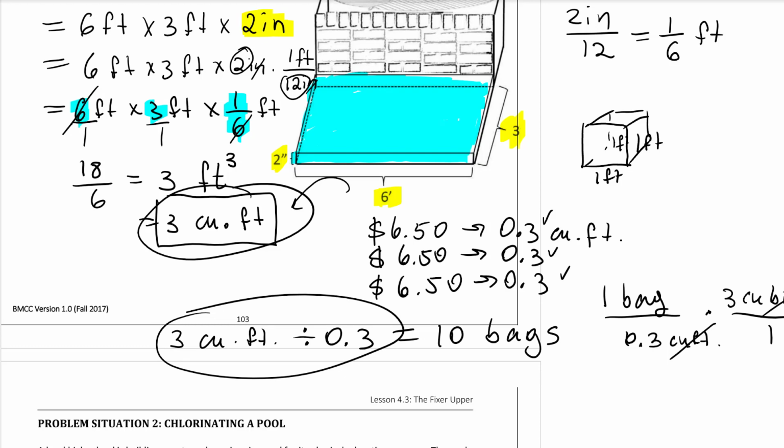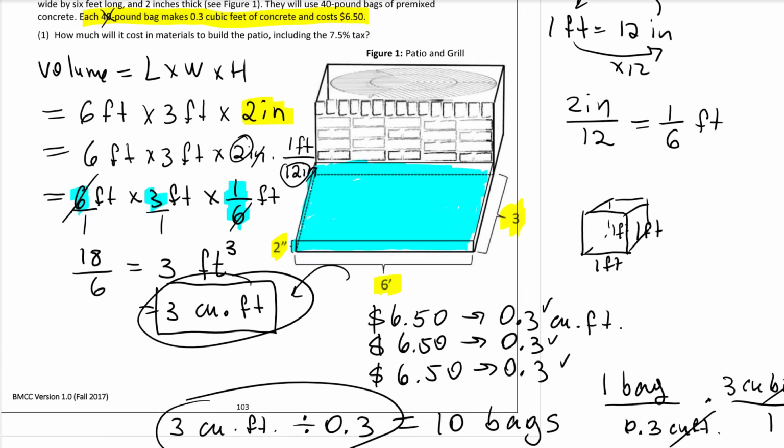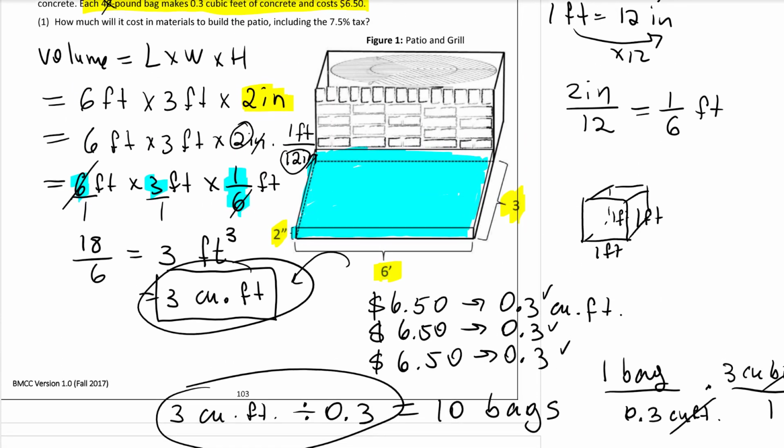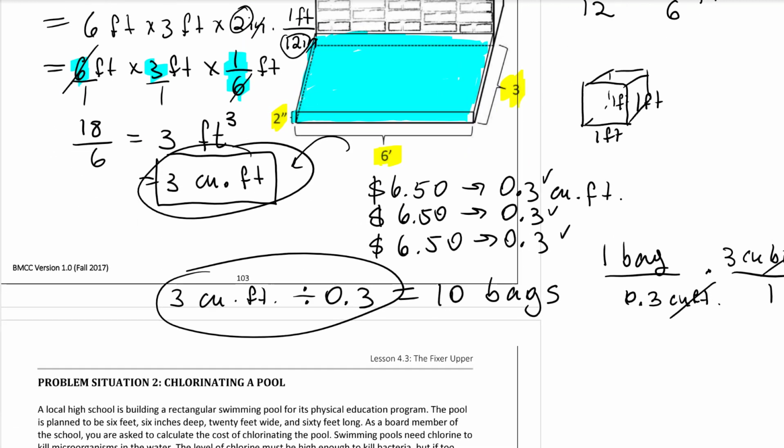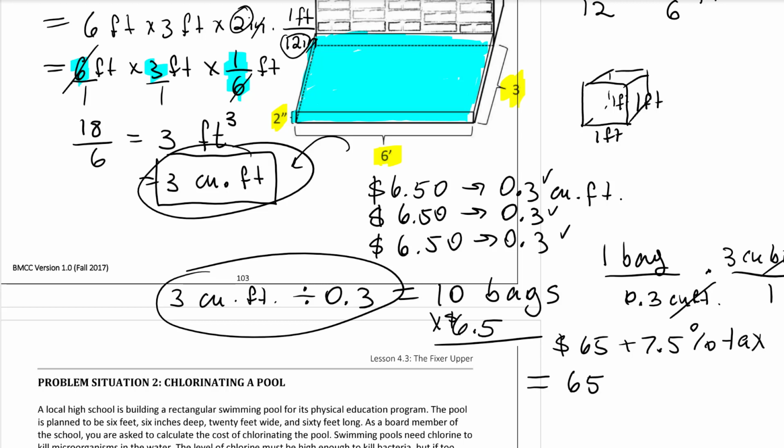All right, so now in terms of cost, that is, I think, the easiest part of this whole process. Because now we know that each bag is $6.50, so that means that 10 bags will cost $65. And then you add 7.5% tax. We've been doing this for the past 2 lessons, reviewing something that we did at the beginning of the semester. So it's going to be 65 times